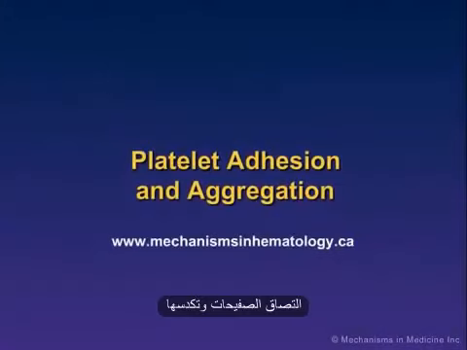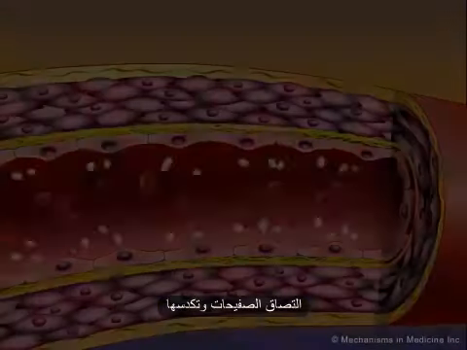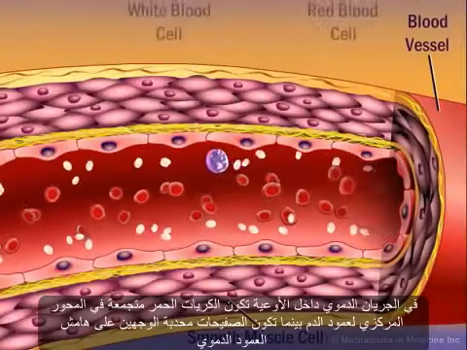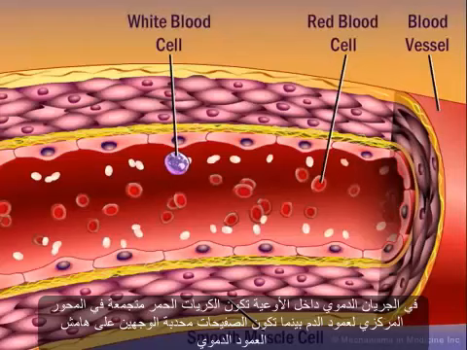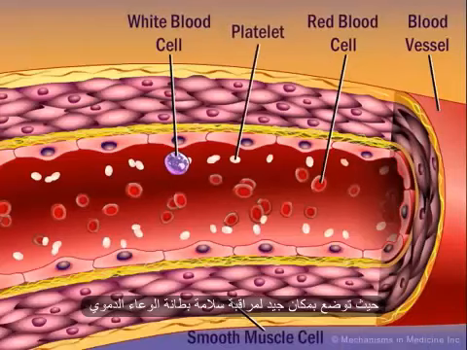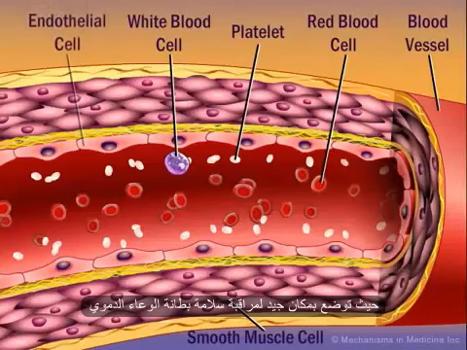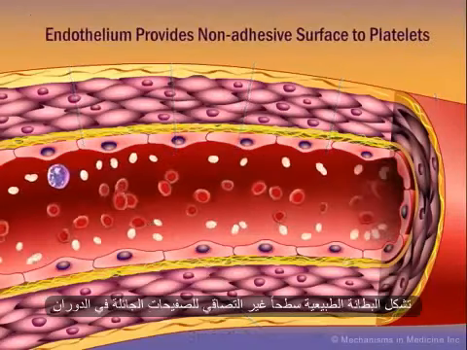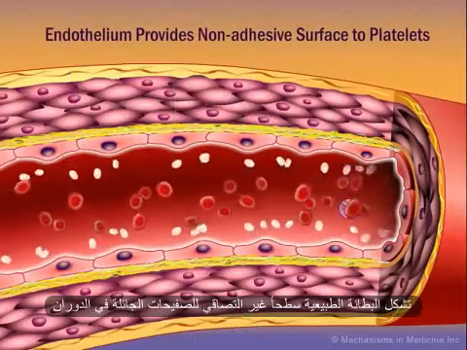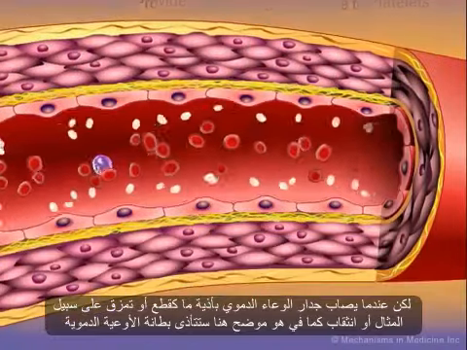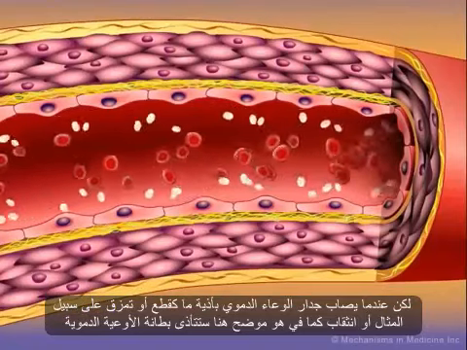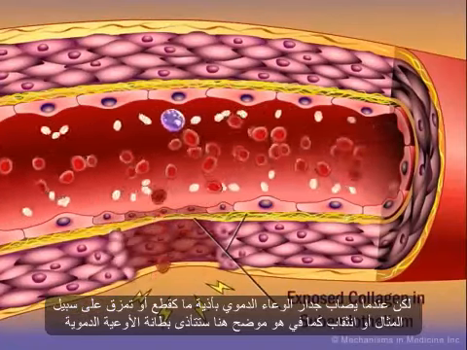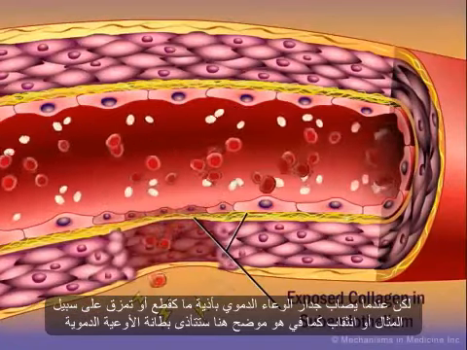Platelet adhesion and aggregation. In flowing blood, red cells predominate in the axial stream, while the biconvex disc-shaped platelets are marginated along the vessel wall, where they are well positioned to monitor the integrity of the endothelium. The normal endothelium provides a non-adhesive surface to circulating platelets. However, when vessel wall injury occurs, for example by cutting or severing of a vessel, or as shown here by